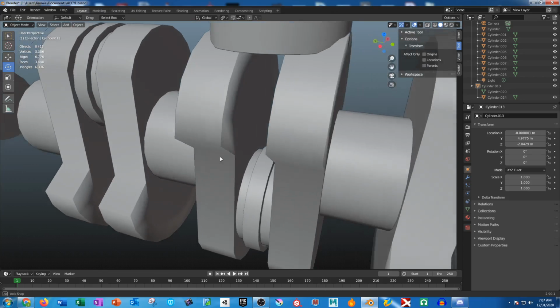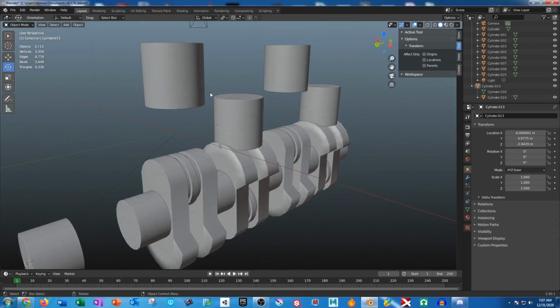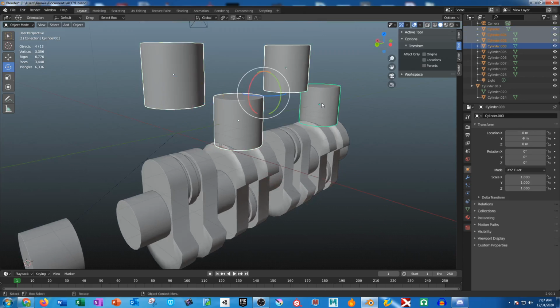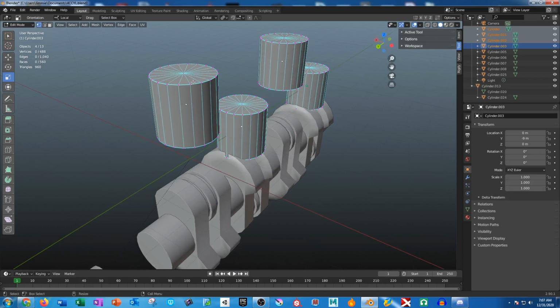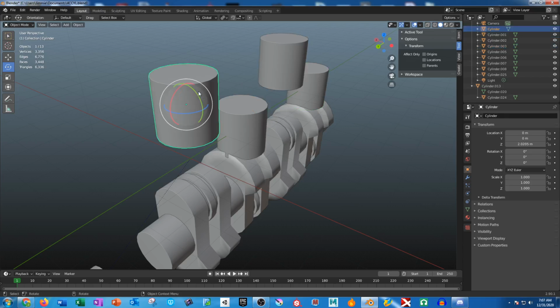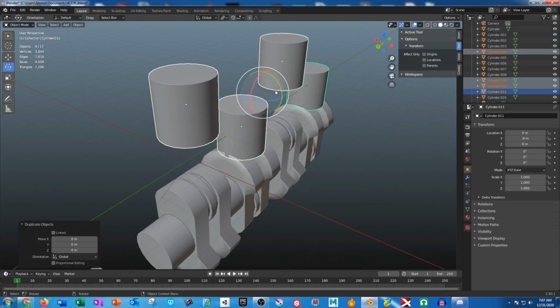So the next step is we have these pistons right here, but it's not quite right. So for all these pistons, we're going to select every single one of them, and we're going to press 1, and we're actually going to do a cutout. Or actually, we can do booleans with this. So we're going to select all 4, Control D, and then with all 4 selected, we need to make sure that this